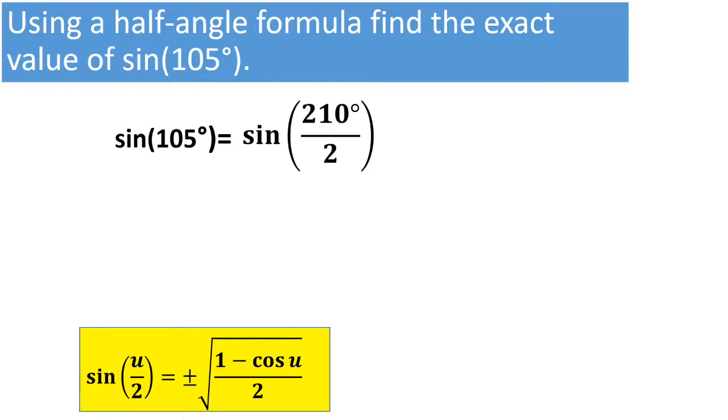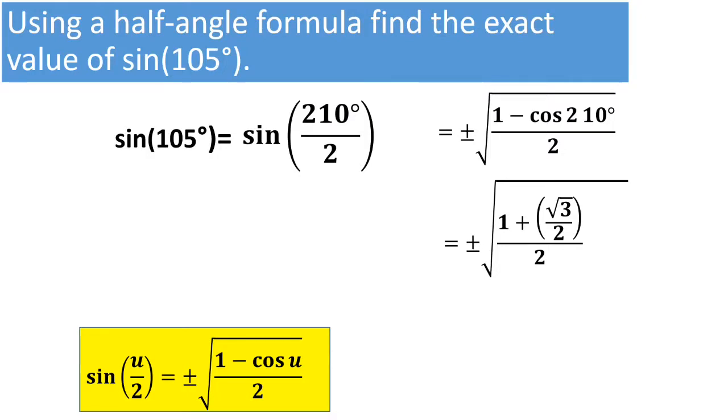Substituting 210 degrees into the half-angle formula, we get. Next, we want to evaluate the cosine of 210 degrees. So we go to the unit circle at 210 degrees, and the answer to cosine is the x-coordinate. The x-coordinate at 210 degrees is the square root of 3 over 2. We now have a fraction within a fraction, so to simplify, we multiply the numerator and denominator by 2. Multiplying the numerator by 2 and the denominator by 2, we get